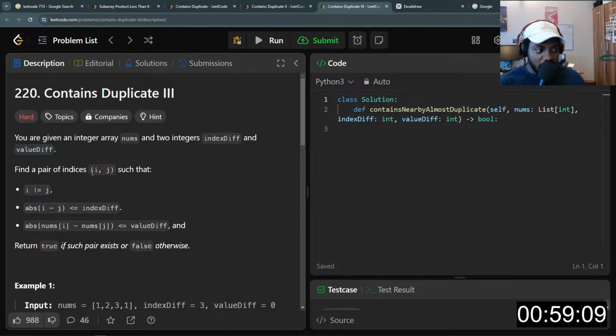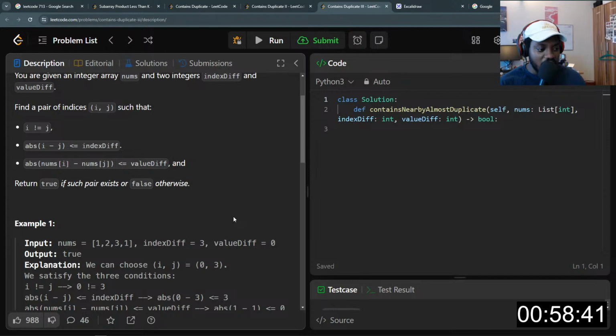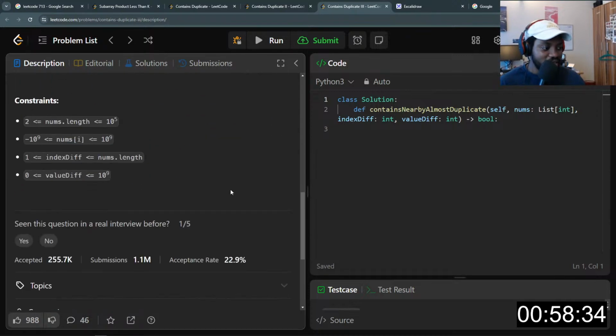Find a pair of indexes such that i is not equal to j, the absolute value of their difference is less than or equal to index diff, the absolute value of nums at i minus nums at j is less than or equal to value diff, and return true if such a pair exists. Okay. Based on the two previous questions we solved, let's see how we can solve this one.